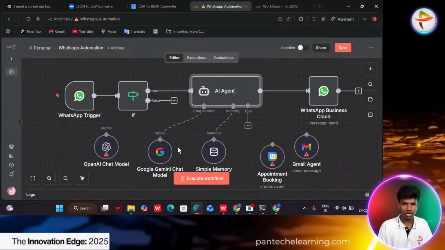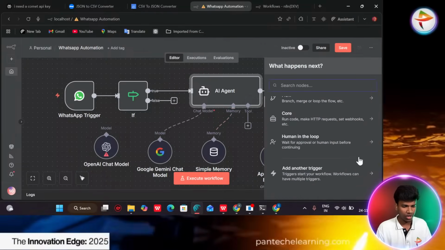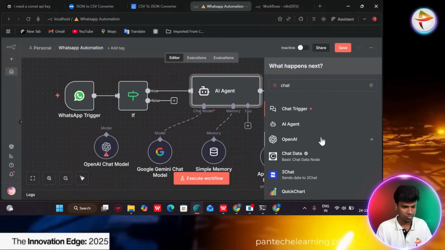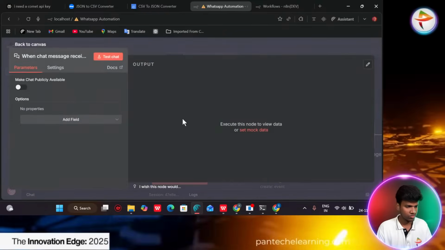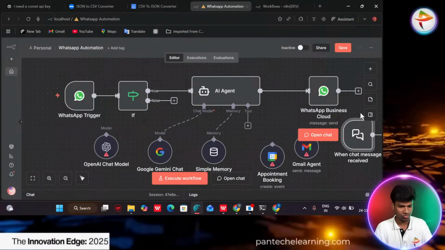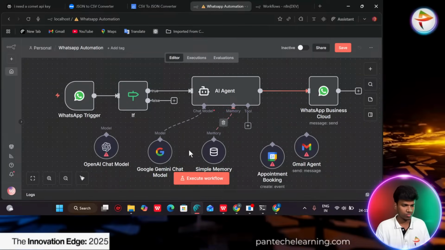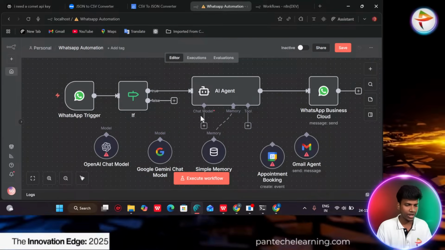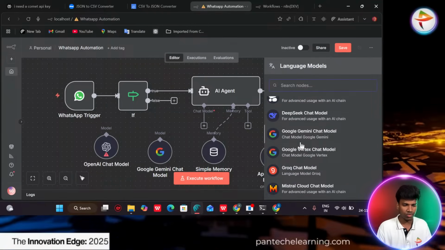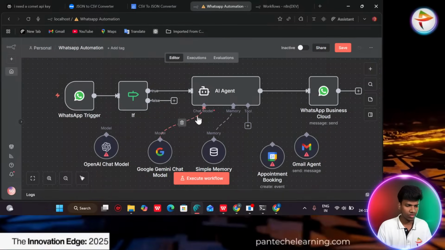Here the Gemini model creation we already know. We can click the add button here, or directly go with a new node and select the chat model. Okay, it's chat trigger, sorry. So you can connect in two different ways: break this line and, followed by this plus symbol, you can easily connect a model like Gemini or DeepSeek, whatever. Now I can use the Gemini one. It is better for me. I have to connect this.